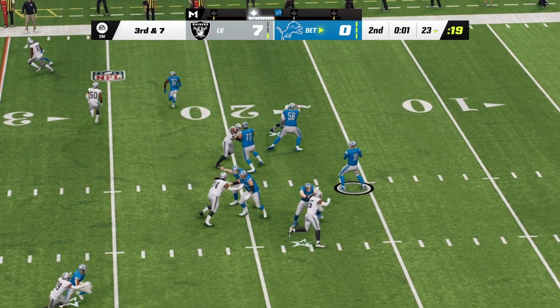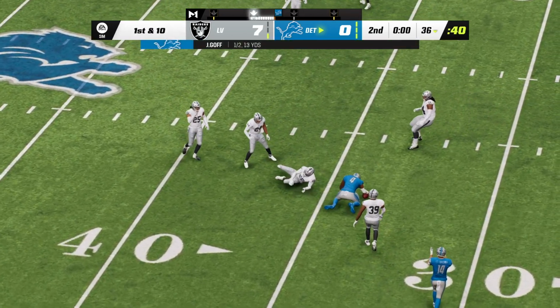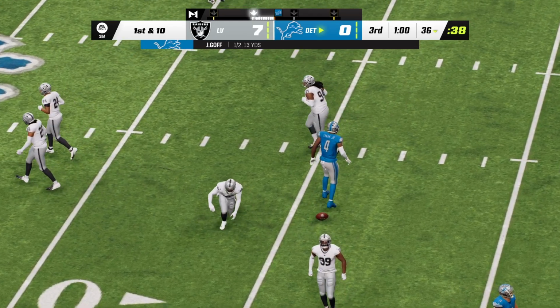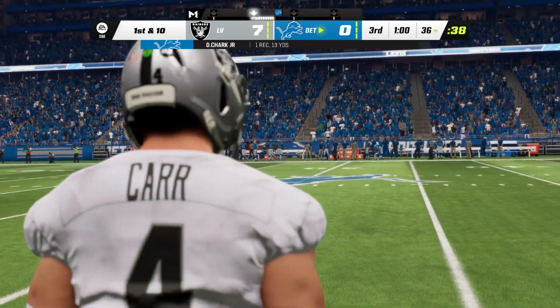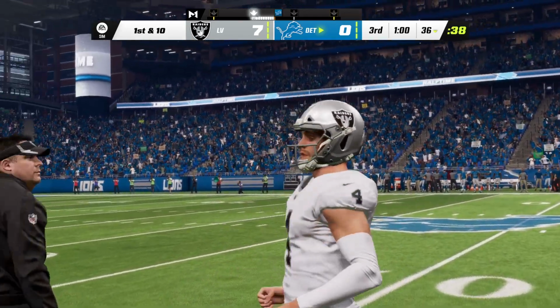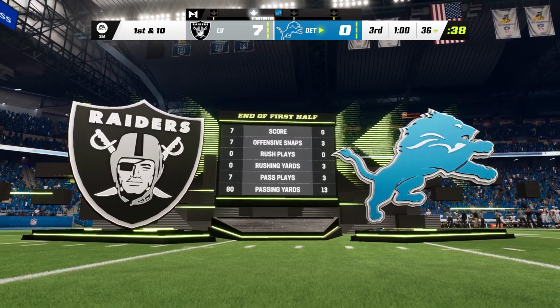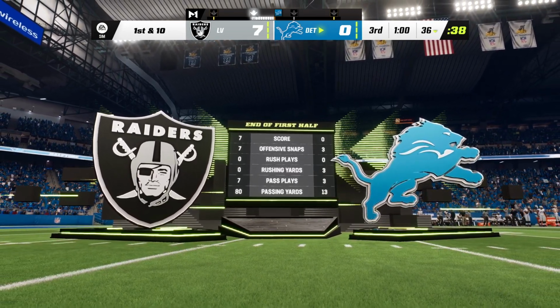The final shot before the break here. Goff, connecting here with DJ Chark. And he is going to have the Lions first down as they're able to get the third down conversion. So we've reached halftime with just the lone touchdown here. 7-0 is our score. As we head down to Orlando, that's where we find our man Jonathan Coachman at our